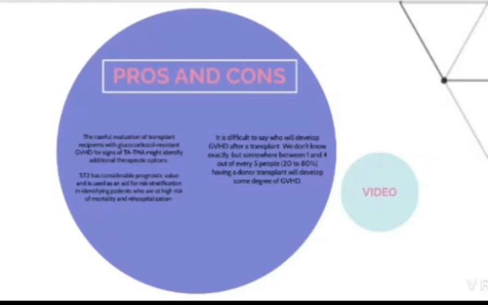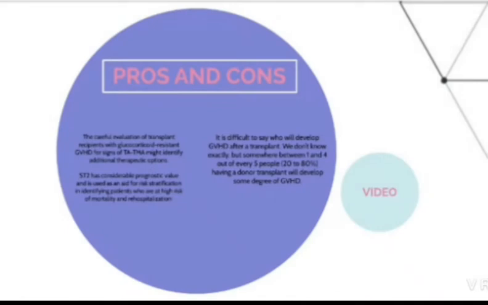ST2 has considerable prognostic value and is used as an assay of risk stratification in identifying patients who are at high risk of mortality and rehospitalization. Cons. It is difficult to say who will develop